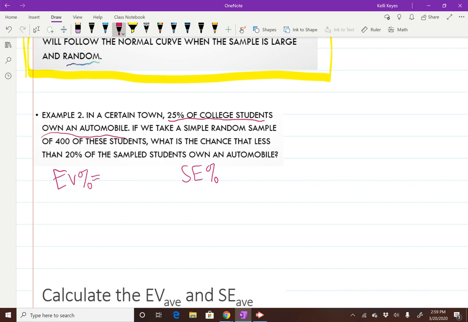Hey, this percentage of people own a car. Well, that's what we expect from our sample, right? Makes sense. If the population has a fourth of them own a car, our sample should have about a fourth of them own a car. So now the SE percent, well, now we need to find the SD of the box model. So if I made a box model for this, one way I could do it is I could just have 1 for those that own a car, and the remaining percent